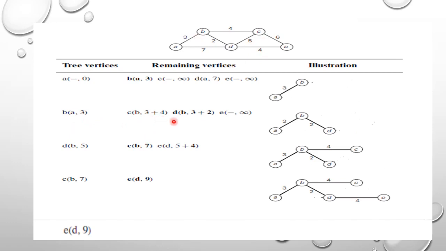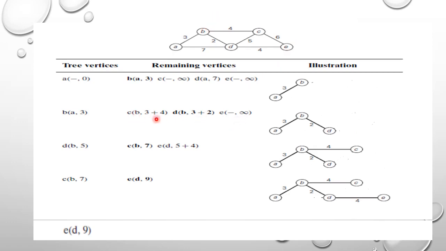Then what about D? D's near vertex among A and B: as I said, when I say near vertex, it has to be an adjacent vertex with minimum distance. So among A and B, B is near. So for D, B is the near vertex. And what is B's distance? Right here 3 plus the DB distance, which is 2. What about E? E doesn't have a near vertex among A and B. So it's very far, so blank and infinity. It doesn't form an edge with A or B.